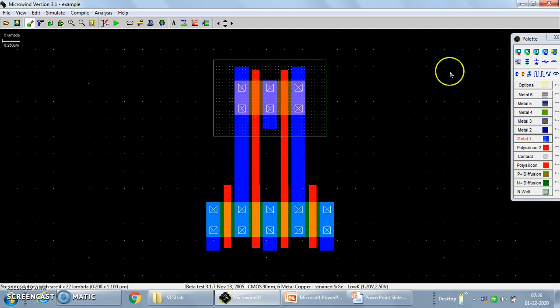Now let us do the connections of VSS and VDD also. If these are the common drain terminals, this becomes the source terminal. Let us extend this layer and give the connection of VDD. This is a common source terminal for the 2 PMOS transistors where we connect the VDD connection. Now this VDD is also to be connected at the N-well layer. Now doing the connections of VSS, we can do the connections of VSS here. I will call this the ground connection.